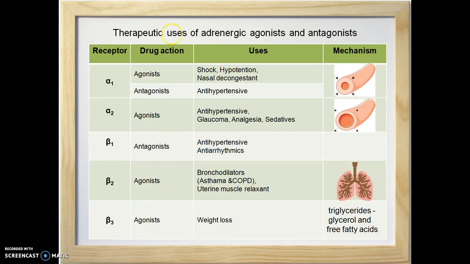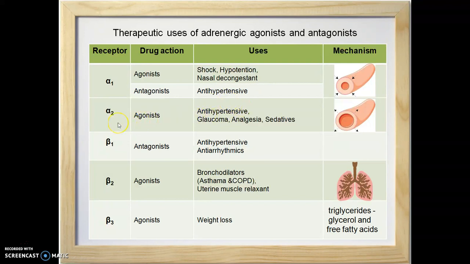Now, what is the therapeutic utility of adrenergic agonist and antagonist? Alpha-1 agonists cause constriction of vessels, so they are used in shocks, in hypotension and as nasal decongestant, while antagonists are antihypertensive agents because they relax or dilate the vessels. Now, alpha-2 agonists are antihypertensive agents